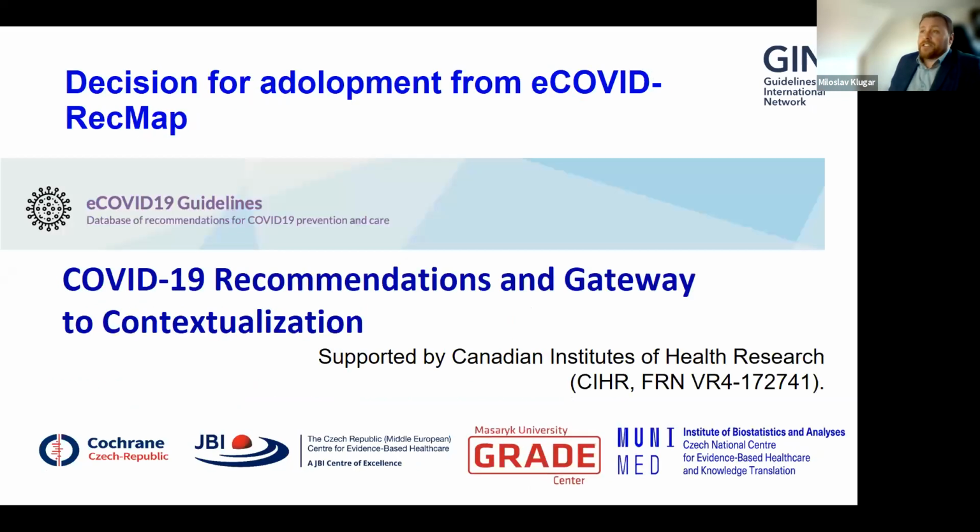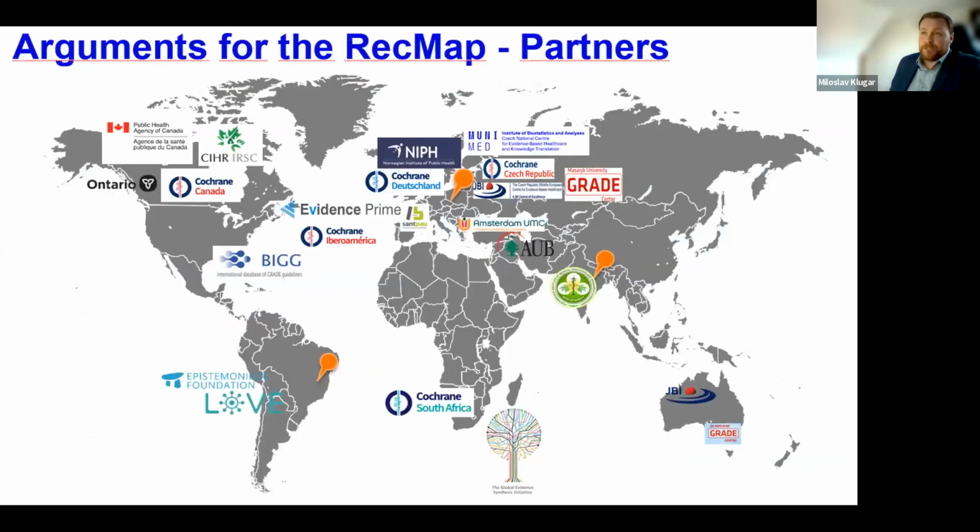And then it was quite a clear and easy decision for us, because we said, well, here is such a great source as the eCOVID recommendation map, which is living. So there were no doubts that we would use this source as our main guideline source, and we agreed on this with our panels and colleagues within the COVID-19 panel.